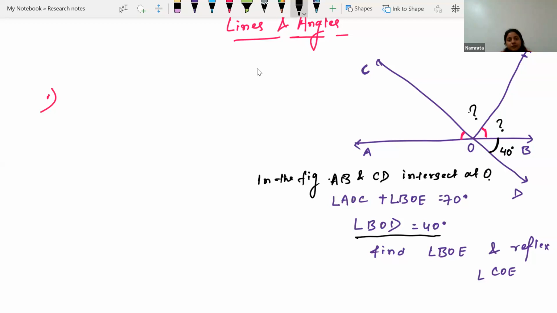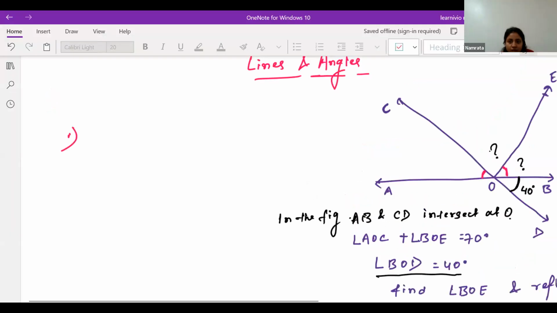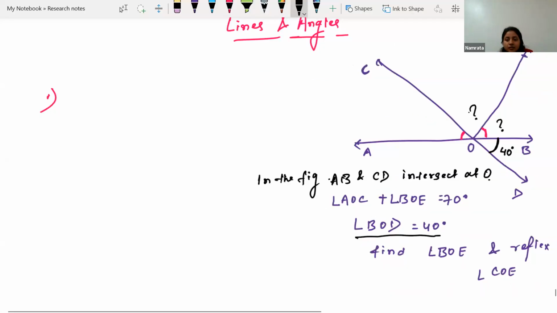Will AOC plus COE plus BOE be equal to 180? What do you say? AOC plus COE plus BOC equal to 180? Yeah, the total will be 180. Then